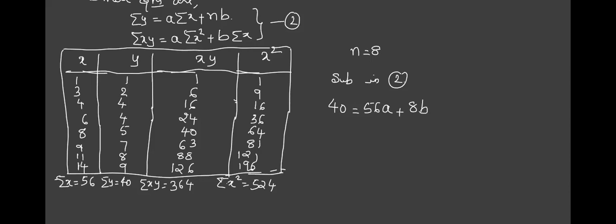Now summation of xy, 364. I'm substituting in the second equation of this second part. Summation x square, 524a. One more thing, start putting your number in the chat box. B value, okay, b as it is, summation x. What is it? Is it 56b? Is the substitution clear? Tell me yes or no, ma'am. This is clear.